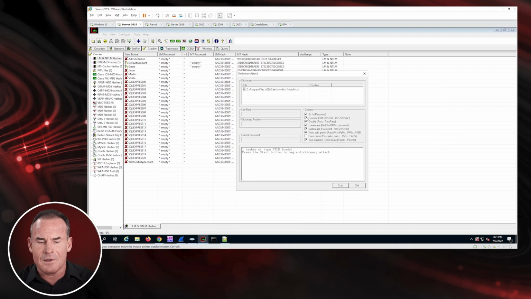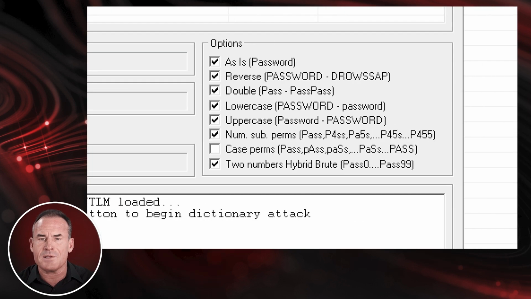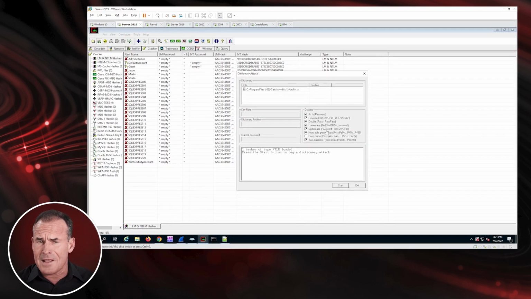I'll select it. I'll also choose different permutations of the password: as is, reverse it, double it up, lowercase to uppercase conversion, etc., 2-number hybrid brute force attack. All right, let's let it rip. I'm gonna hit start, and my new i9 box is way faster than my old boat anchor system that finally failed on me. I got the password QWERTY in a relatively short time, and I was rolling along at,